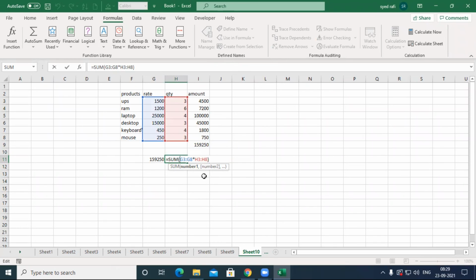Office 365 is very nice compared with the other versions. The same thing in another version will give an error when you press Enter, but with Control Shift Enter it gives the correct answer. I hope you can understand.